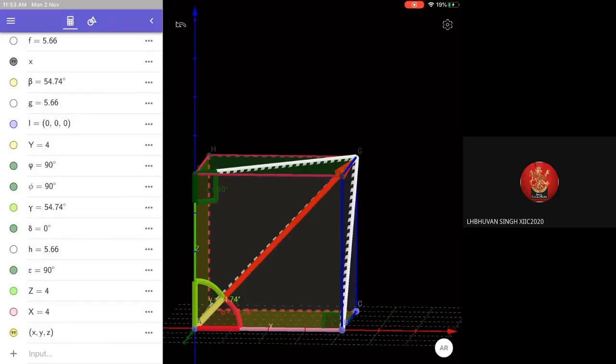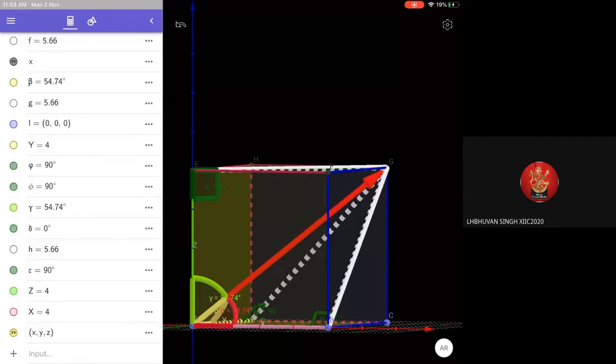So I made this only for cos alpha. You can see here alpha is taken in the red color angle. Cos alpha is adjacent side by hypotenuse. You can visualize one right triangle there with a pink color line as a base and a white color line as the hypotenuse, height. So we can see cos alpha is x by r. R is what? The length of the diagonal of the cuboid, that is your r. It is the length from origin to the point G.